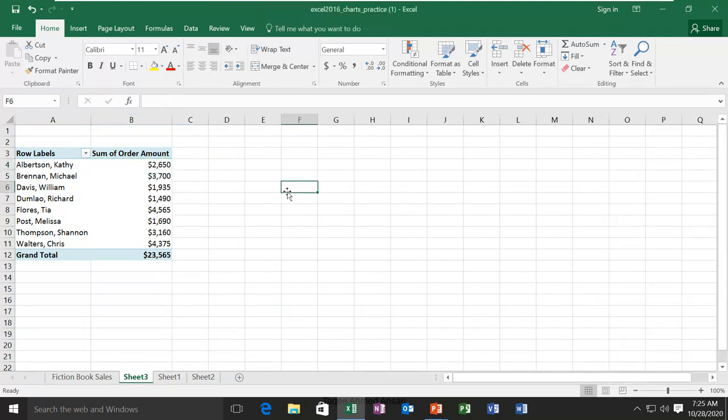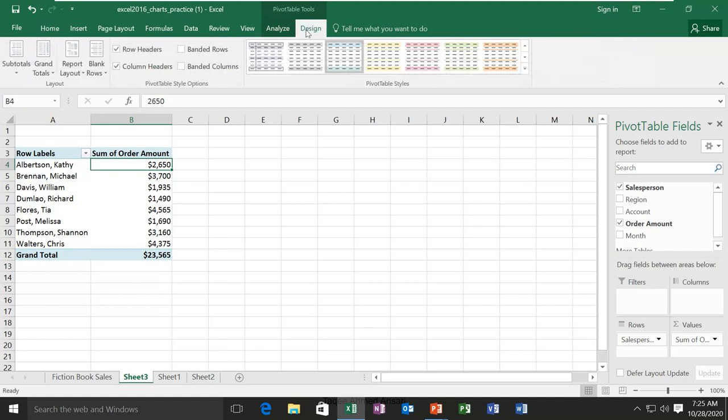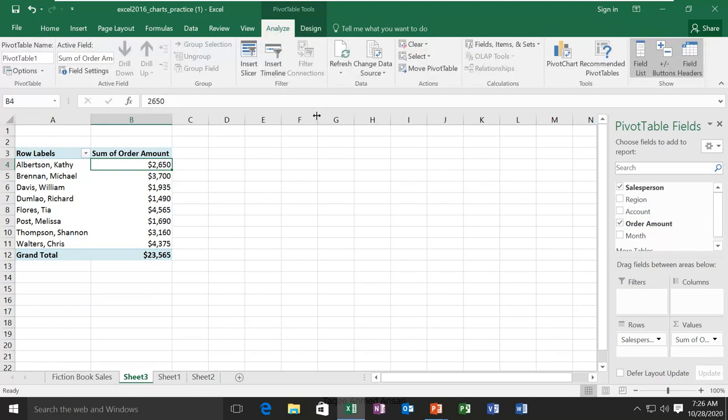So if you want to update it, first you select the pivot table. Then the pivot table tools come up, where you have two tabs, Analyze and Design. Design is just for designing your table, and Analyze is for your other options. So you can select Refresh here. Now you see it is 2650. After refreshing it will say 3650. So I refresh it, and now you can see it is updating the data. It is saying now 3650.